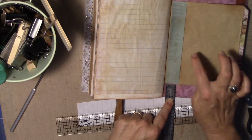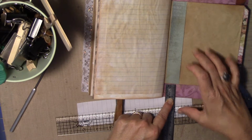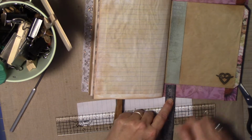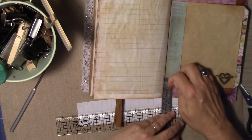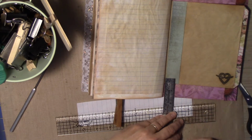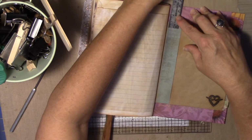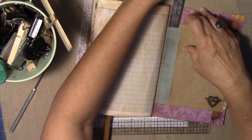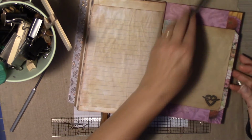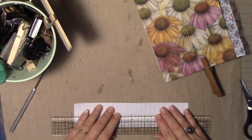So I either need to rethink this, or I need to rethink my 1 inch. I'm going to go in, let's see, if I go in 1.5 inches, will I catch both sides? I will. So I'm going to go in 1.5 inches, okay? So we've got our center,